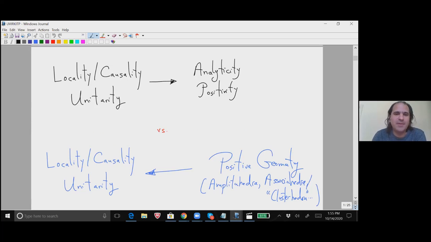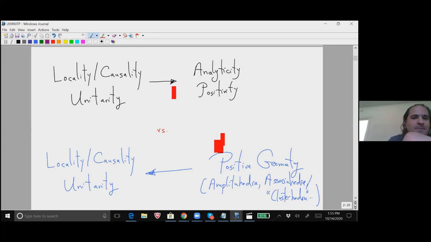We're all now used to the idea that locality, causality, and unitarity of the microscopic ultraviolet theory is reflected in analyticity properties of scattering amplitudes and positivity properties of amplitudes. And this direction, literally as shown here, going from locality, causality, and unitarity to analyticity and positivity, this was the direction of the 1960s. So this is what the S-matrix theorists wanted to do in the 60s, to precisely understand what is going on with,